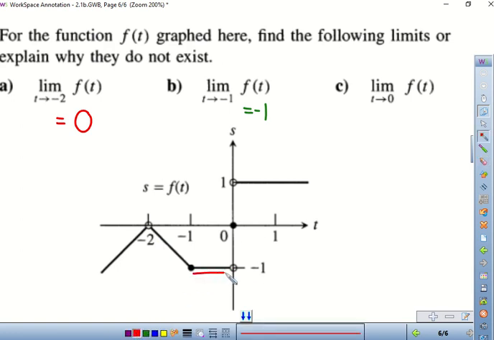Okay. So here and here, do they meet at the same y value? No. So the limit of that function at that point does not exist. Does the function exist at that point? Yes. Yes, but the limit does not. That can happen. So on your homework, when you get that, I want you